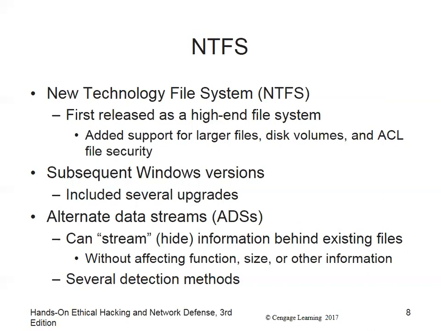The bad thing is, if you look at your file system itself, you won't see that file listed. You'll have to use a special tool to be able to see the alternate data stream. And it doesn't take up any space, although it takes up space. So when Windows does the space calculation, it doesn't take into account the alternate data streams, but they're actually taking up space. So it might tell you you've got 5 gigs free, but someone stored 3 gigs in an alternate data stream. Now I only have 2 gigs free.